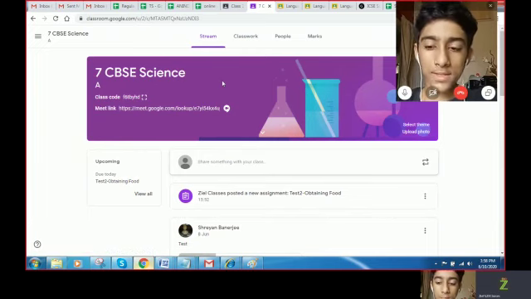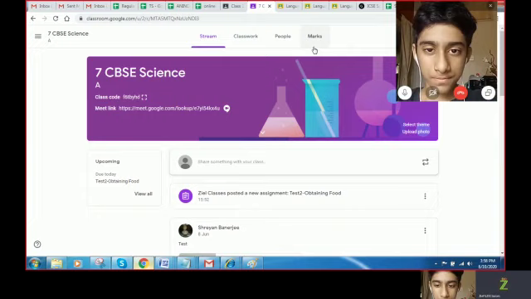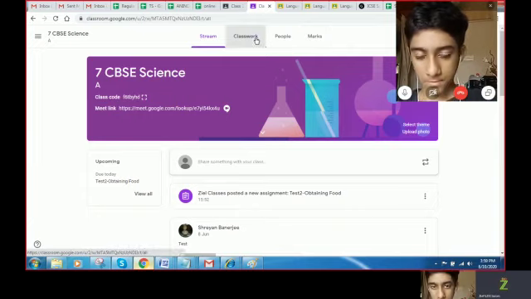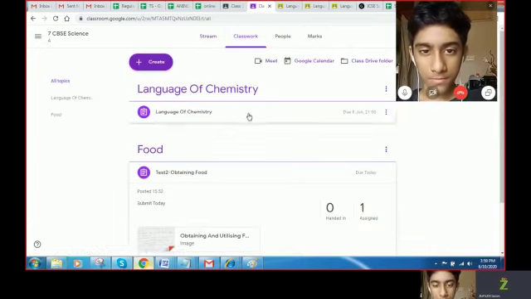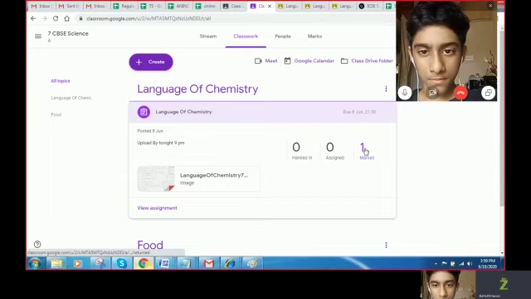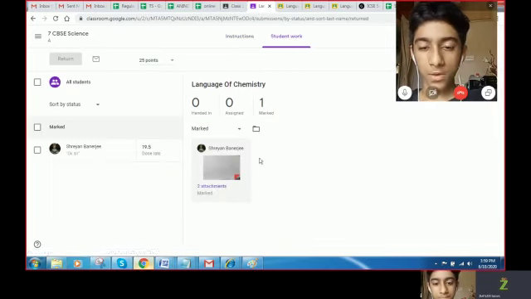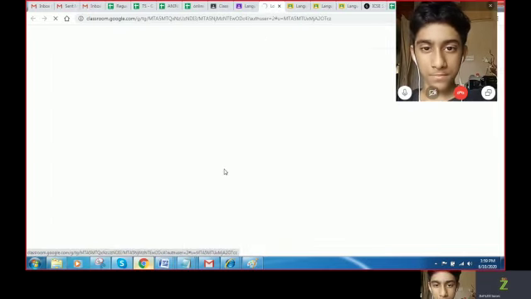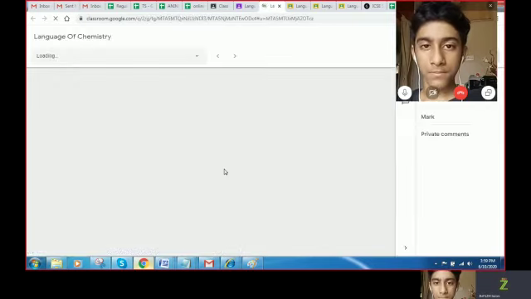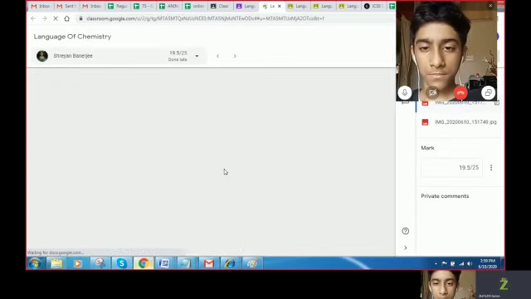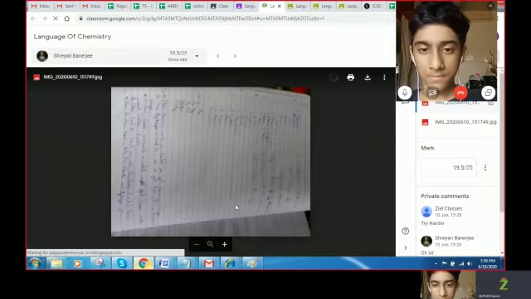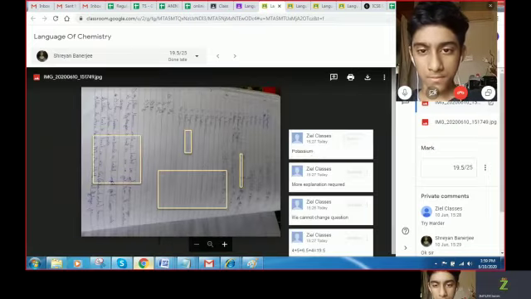So how do I access the comments box? Once you go to classwork and you go where the teacher has marked, you click on marked. You go inside, and as soon as you open from your browser, maybe in the app sometimes it gives problems, directly when you open that, you see the comments automatically come. Can you see the comments now? Yes, sir. And as correction, you can click on resolve.